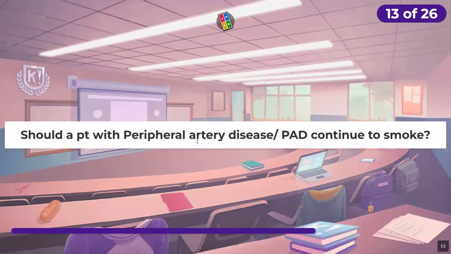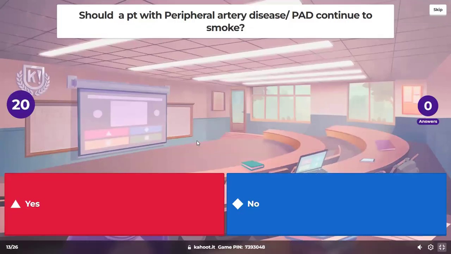So this question was supposed to be after the previous one. So we talked about smoking. You all told me that it did something to the blood. But then the next question was PAD. What is that disease process? That's that accumulation of fat in the